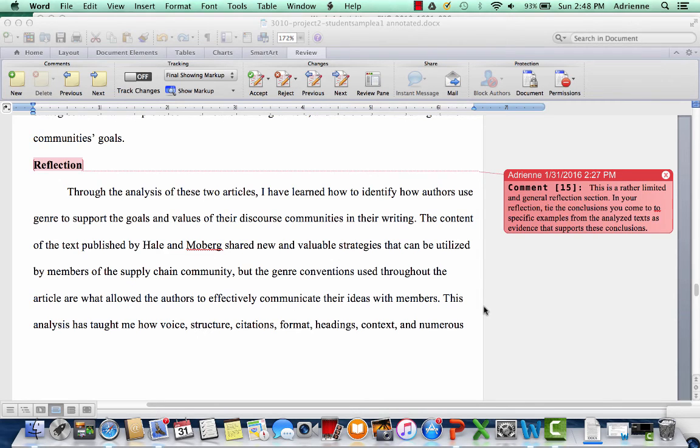Imagine if all somebody read was just the reflection, this concluding section. How would they know that you've actually done these things? Bring some specific examples, even the examples that you've cited earlier in the text, to these reflections to help you come to these conclusions.